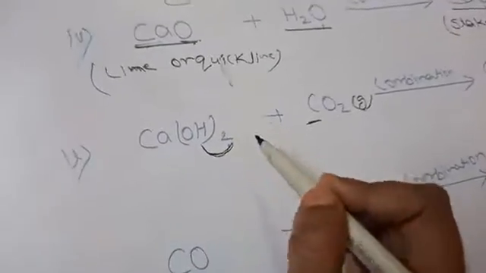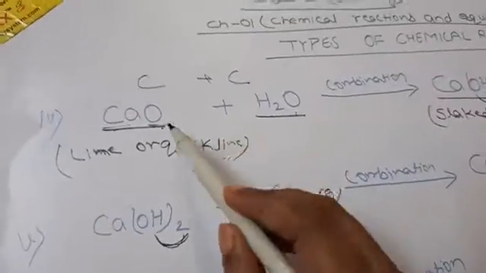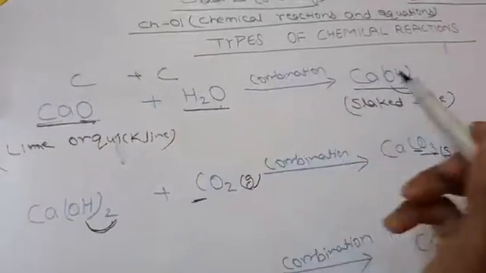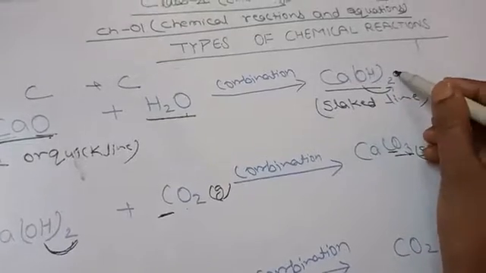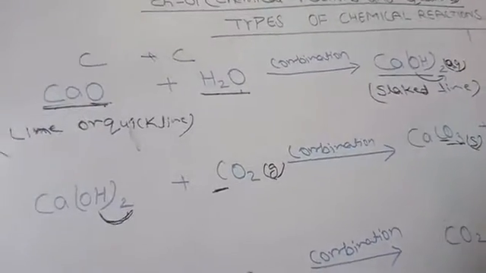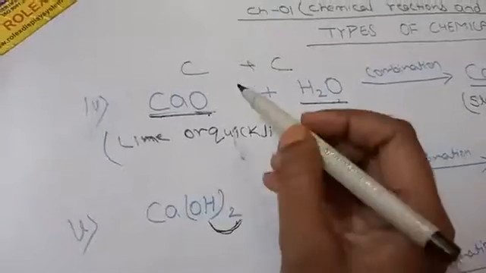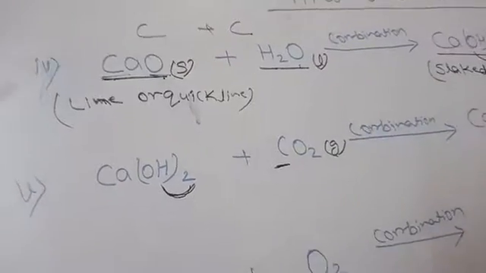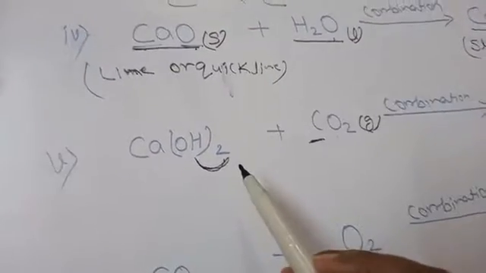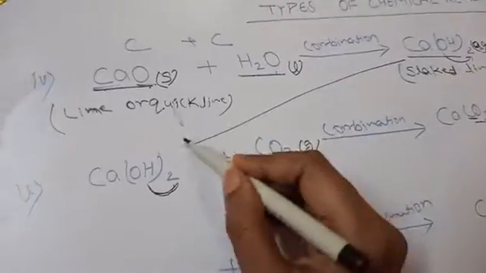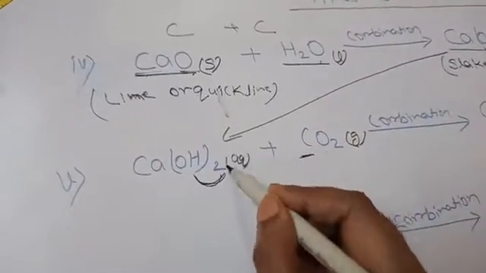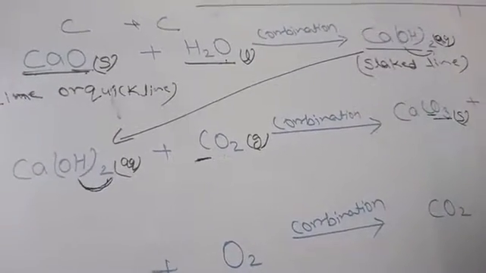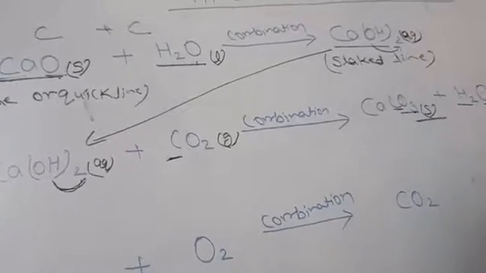Now this is Ca(OH)2, because here you can see it is an aqueous solution. When you are adding water to calcium oxide, then this is an aqueous solution. So here, to make it more informative, write a small aq for aqueous. This is calcium oxide, which is in solid state, so write s. And for H2O, write a small l for liquid. Now Ca(OH)2, because it is aqueous, as you get from here, write a small aq for aqueous. CO2 is a gas, and calcium carbonate, that you will get on your whitewashing wall, is solid, and H2O is liquid.